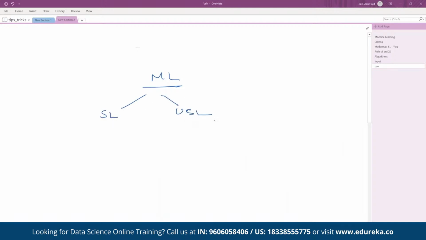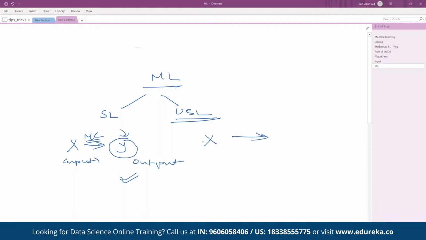SL is supervised learning, and USL is unsupervised learning. In this case, you feed in the X, and if your Y is known, you know exactly what you want to train the model on. What is my target variable or my output? If that is known to you, then it is known as supervised machine learning. But if you are feeding in X, your input data, into a machine learning algorithm but have not told it what Y you want, so the target is not defined,